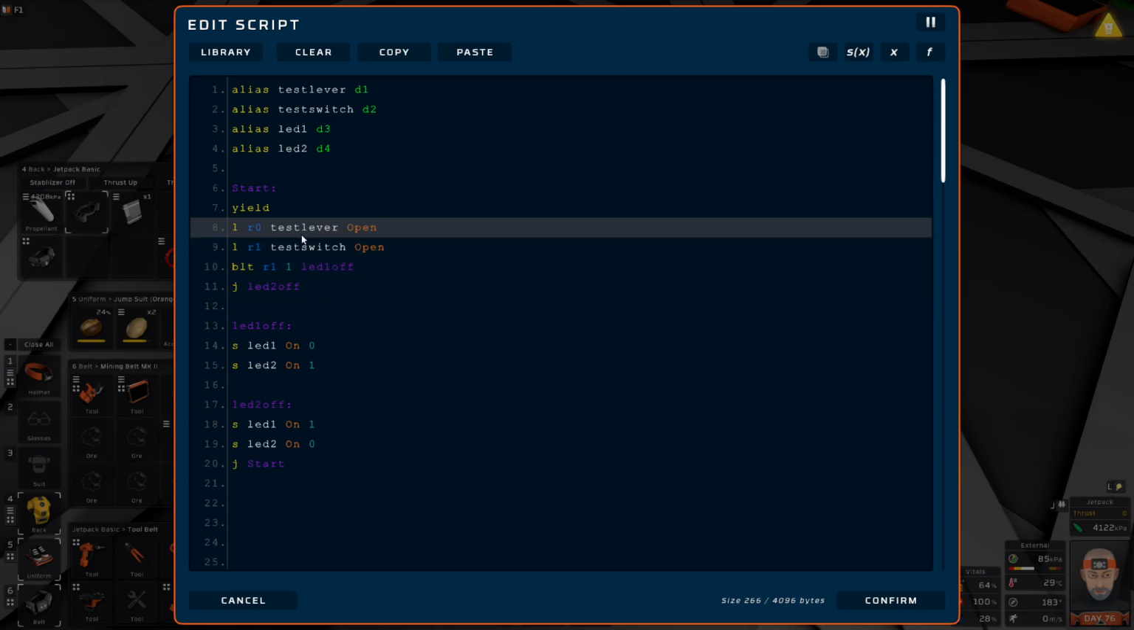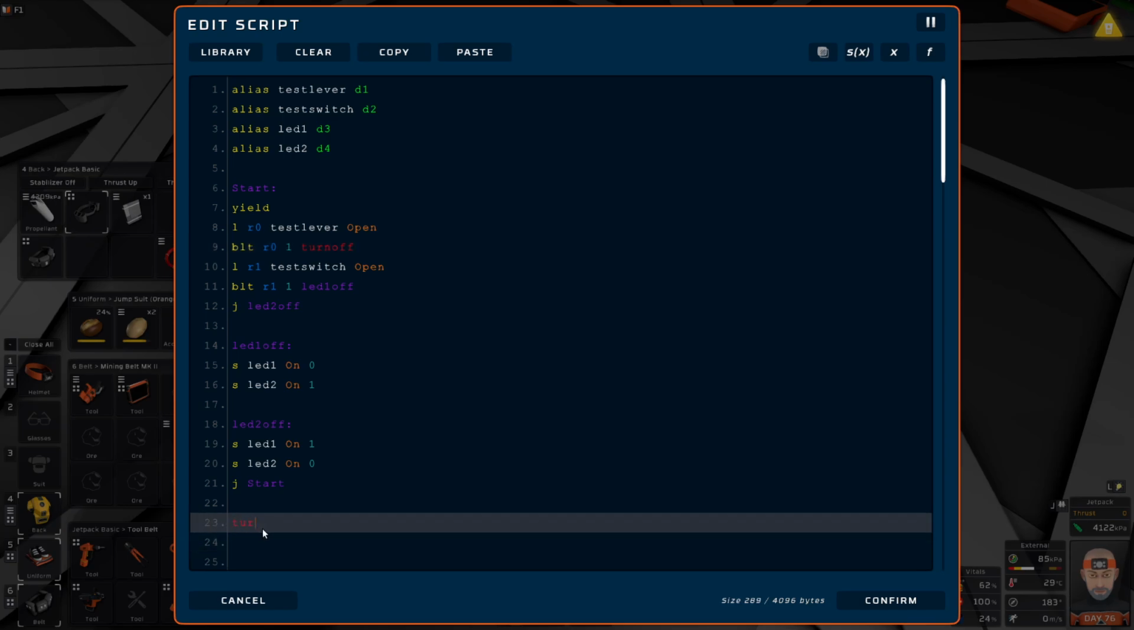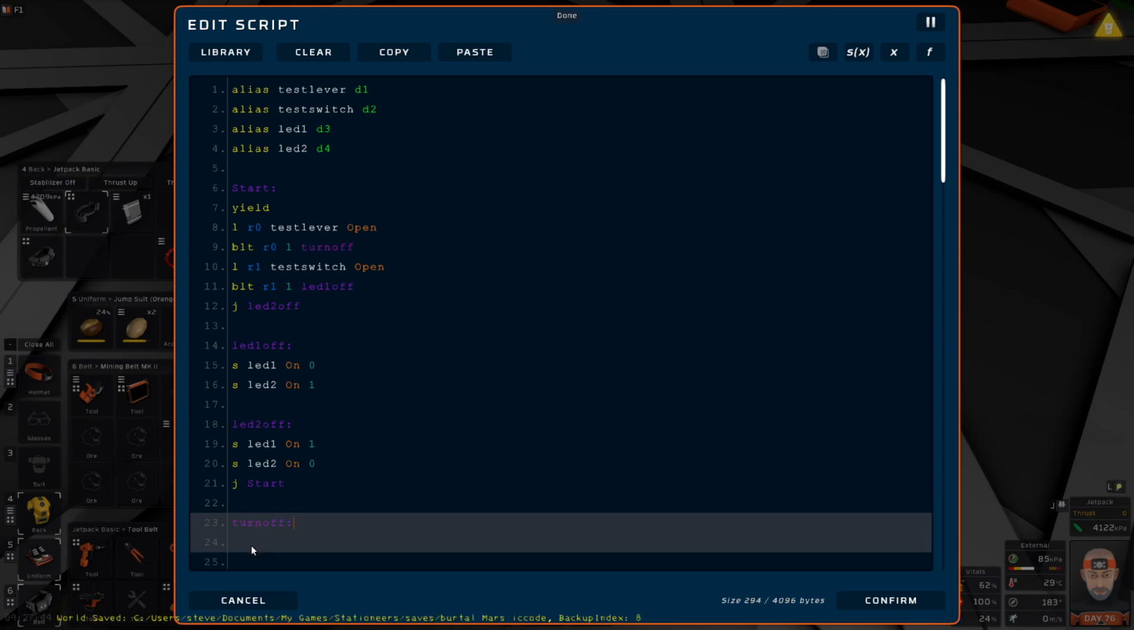So, how do I control the test switch now? Because I just got rid of that whole line. Very simply, I could change this to where I make another loop. So if I load the test switch open and it's less than 1, BLT R0, 1, that means I want both of them off. So now I can just do a turn off and put it down here outside the loop, just like I had it before. Turn off with a colon and set